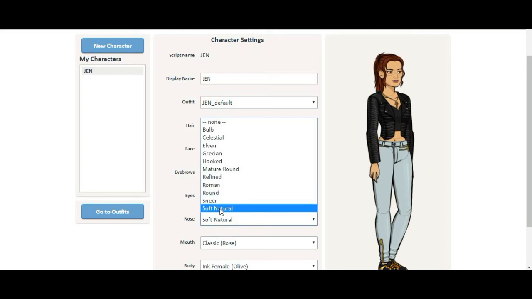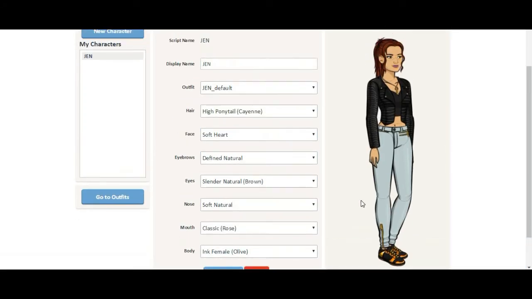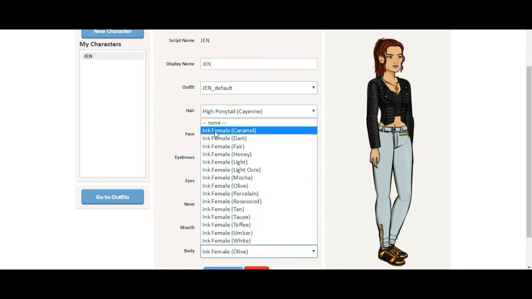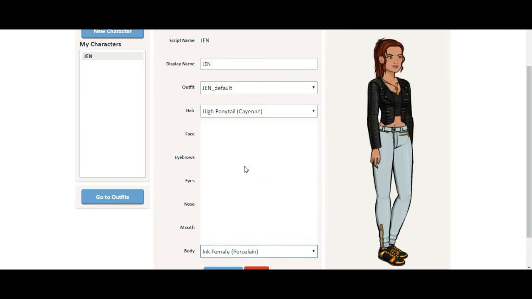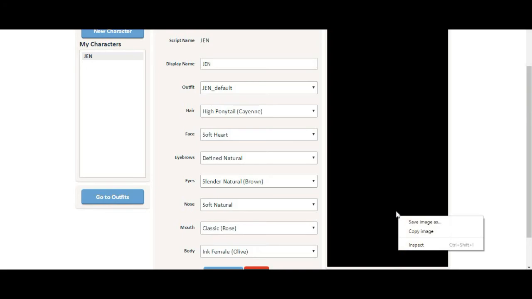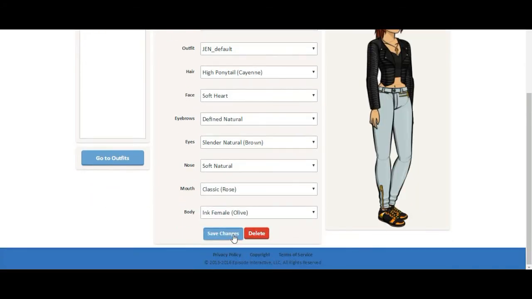Soft natural is what a lot of people like, and if you choose a different nose, some people would complain about it, so I would suggest to stick to soft natural. Mouth choices and different color skin. Caramel, porcelain, but we'll stick to her original one, which was olive. So we'll save the changes,